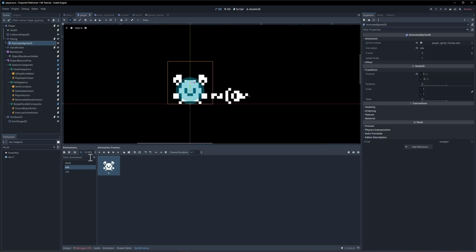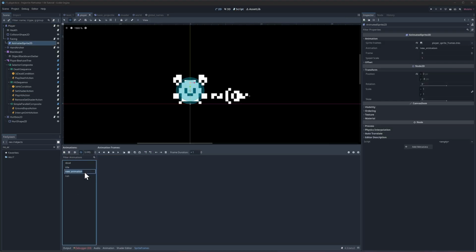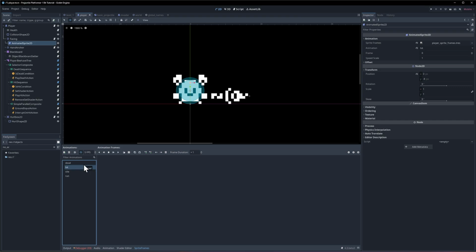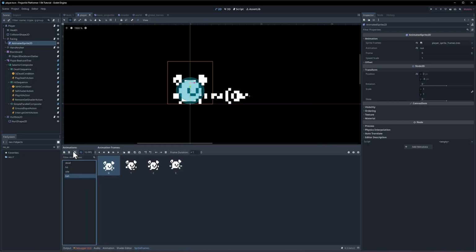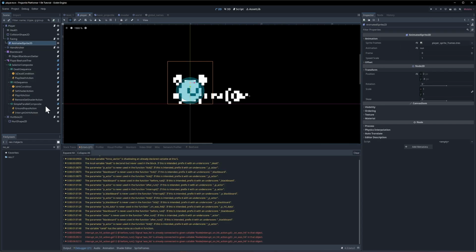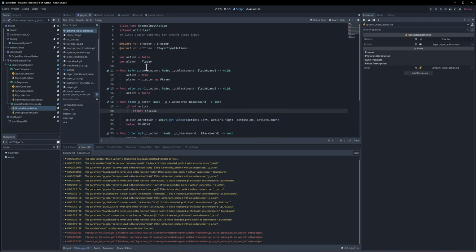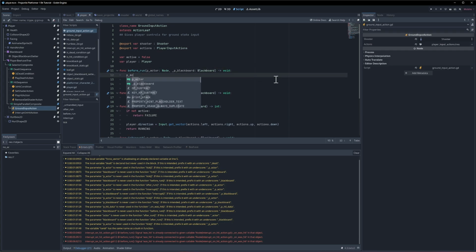So let's go to animated sprite 2D. I'll create a new animation. Let's call this hit. I'll get the frame from here, copy, and just paste that into hit. So it'll be the character facing forward as our hit frame. Let's hit play. We do want to make sure run is the default. I'll hit play again. On the ground input action, we do want on before run to tell the sprite to play the run animation. So